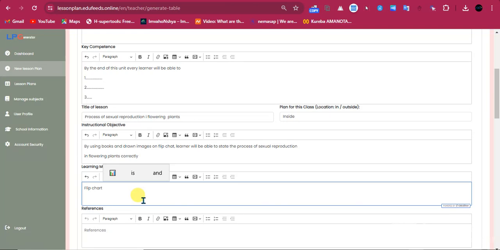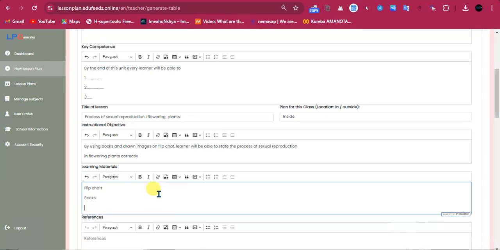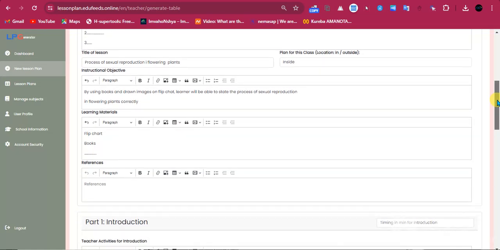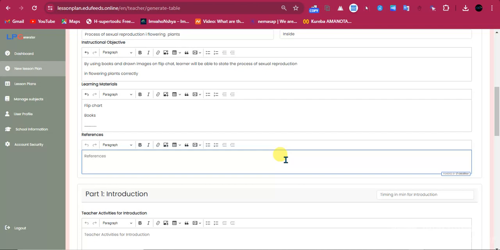There's a flip chart, that's one. Another, it can be books. Another, it can be, for example, and so on.